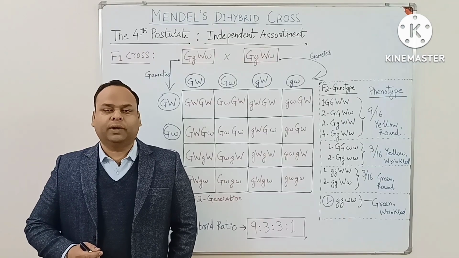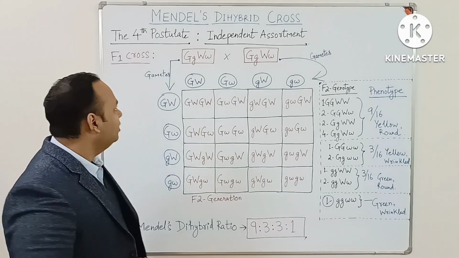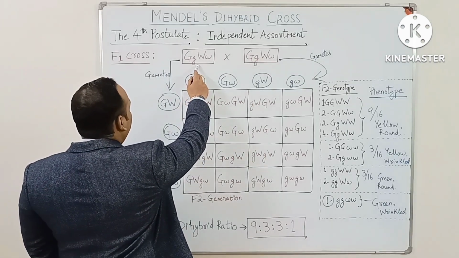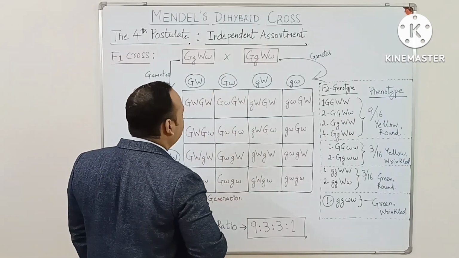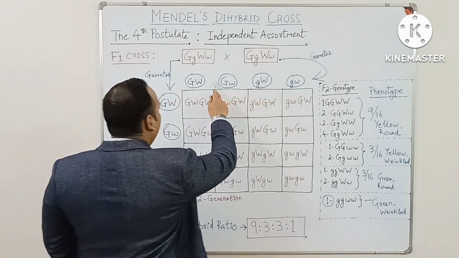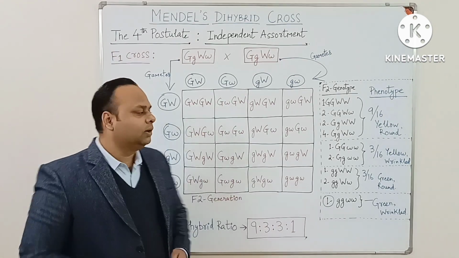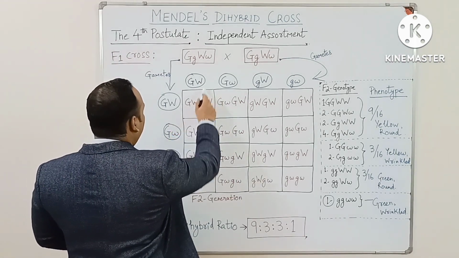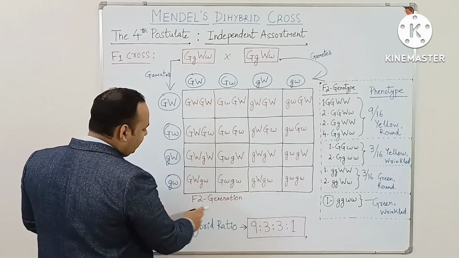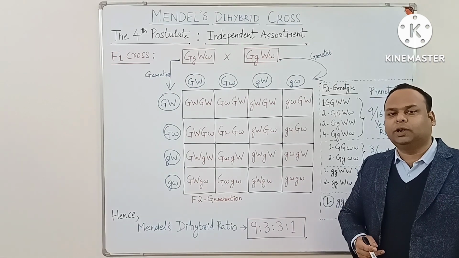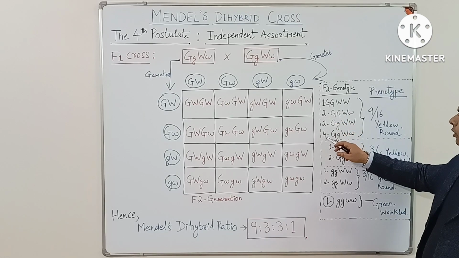Now, in the F1 cross, the F1 generation is selfed or self-fertilized. Here, a heterozygous yellow round plant is crossed with another heterozygous yellow round plant. The following types of gametes are formed by each of the parents. Using a Punnett square, we are able to analyze various possible genotypes that are achieved in the F2 generation. By observing the Punnett square, we are able to know that 1 plus 2 plus 2 plus 4, that is